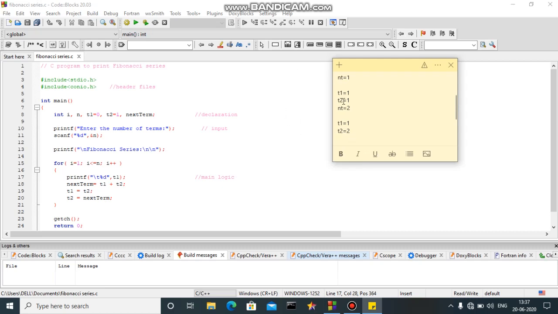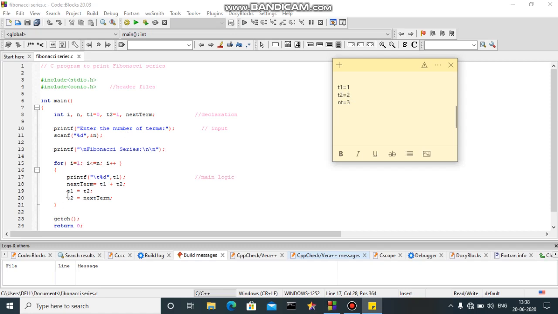Again, for the next iteration, we will print t1. Now what is the t1? That is 1. We'll print here 1. Now moving towards the next term, for this iteration, next term will be t1 plus t2, that is 2 plus 1, that is 3.